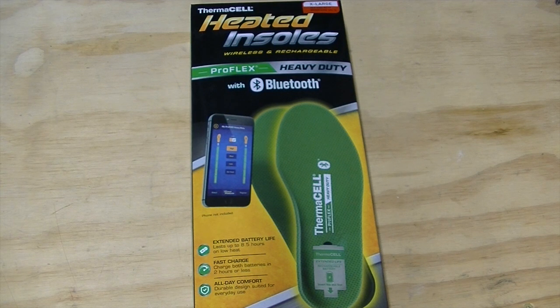battery. And I went out to my deer stand, sat for about 5 hours, and I used them during that time. I used them on high for a portion of the time, but it was only about 40 degrees. And in my opinion, high is much too hot for 40 degrees. It's got to be way colder than that. Damn near burned my foot out of my boots. But